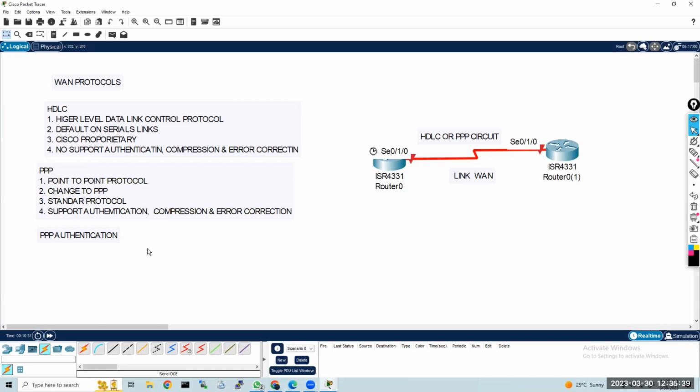Okay. So now I'm going to discuss PAP and CHAP. What is PAP and CHAP? In PPP authentication, we have these two, PAP and CHAP. So what does PAP mean? Password Authentication Protocol. Let me write it down, guys. So PAP stands for Password Authentication